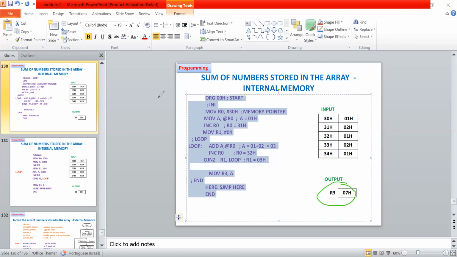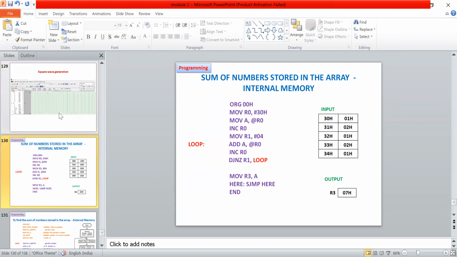Any doubt in this program? Any doubt? Yeah, it's the same program. Okay. So any doubt, student?